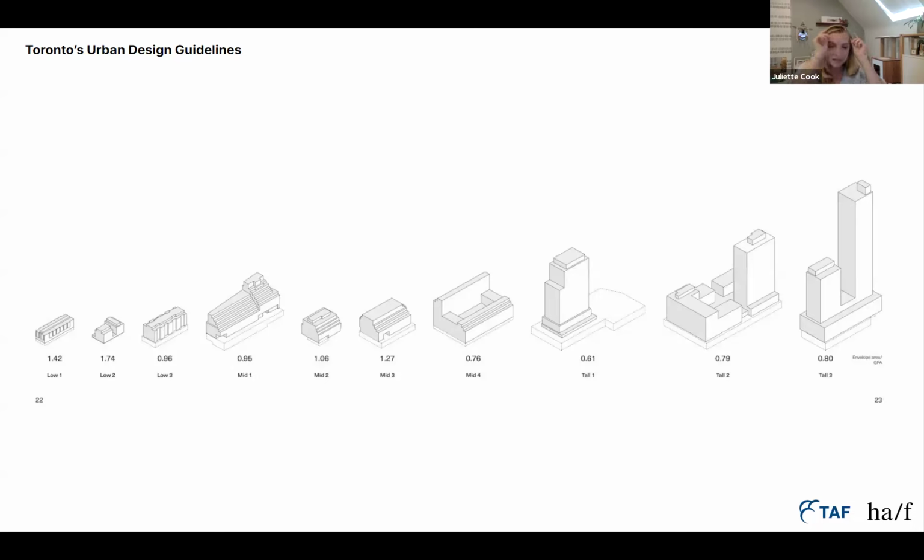And so just speaking to the building side of this project before I get into the public realm, we assessed 10 projects across the city. We had 3 low-rise townhouse projects, 4 mid-rise, and 3 tall projects. And the core learning here was to understand the contributions of different parts of the building. So what was contributed by the below grade area, the ground floor commercial, if that existed in the project, and then the residential floors above.